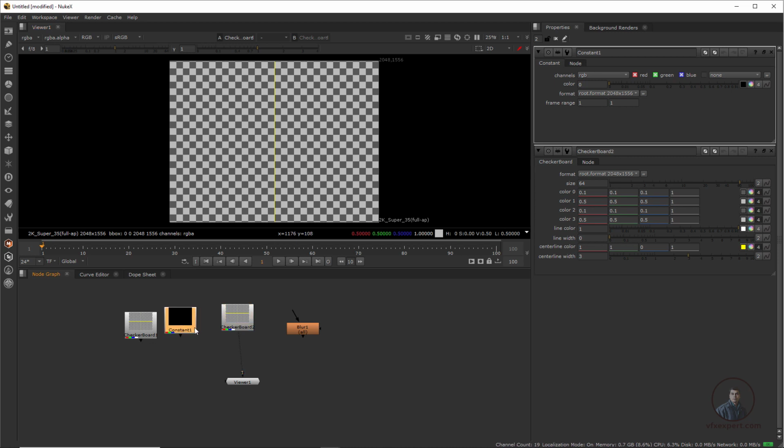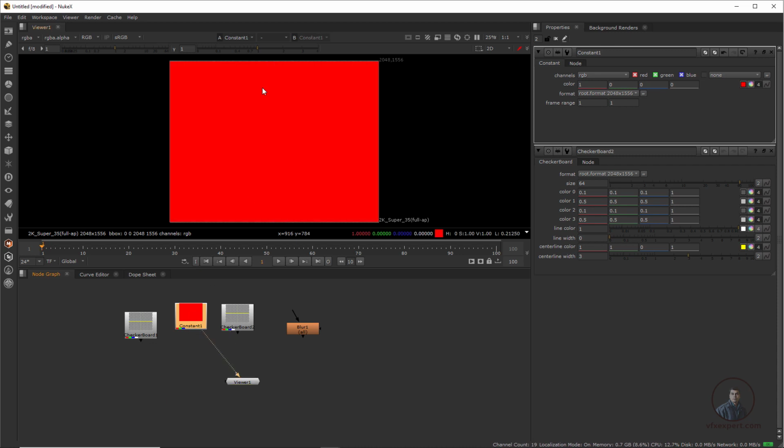Suppose this Constant: simply double click here and define maybe color 1 and 0, 0. Now you will get a red constant here, and if you want to view this one, then you can unplug from Checkerboard and connect with our Constant. This will display our Constant. So in Nuke, whatever node you want to display in our viewer area, you simply have to connect that node with our viewer.